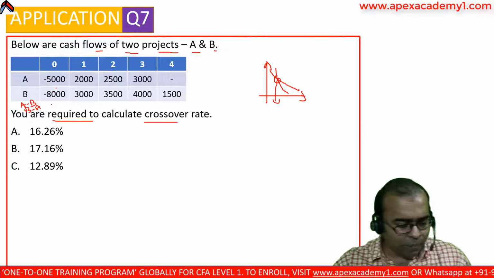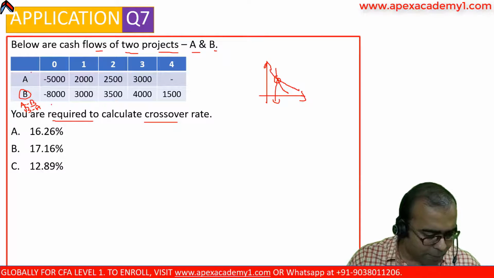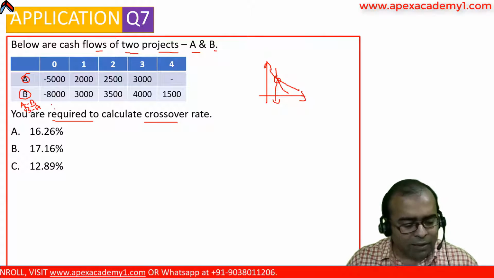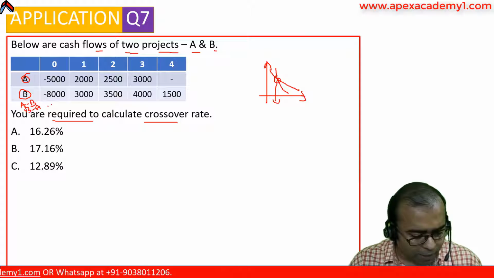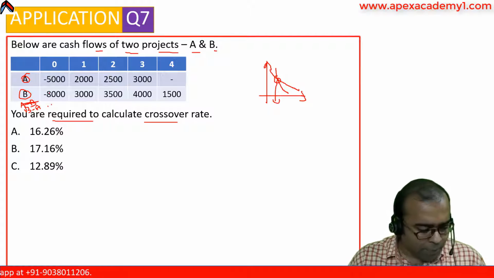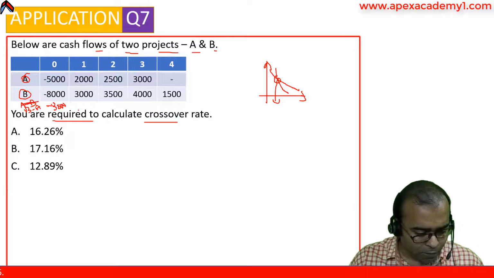So we will be doing it over here. Since the cash flows of B are relatively bigger than A, it gives me a mental satisfaction to calculate B minus A. So I will do that. Minus 8,000 minus 5,000, the outflow is minus 3,000, then 1,000, then again 1,000, then again 1,000, and then